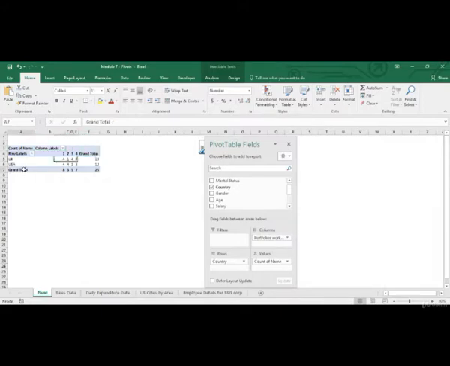Grand total, it's appearing twice, so it basically sums up all the values of the field which are being summarized. Then count of name over here. Because we are trying to count the number of employees across regions and portfolios they worked on, we drag the name field in the value section. So count of name over here suggests that we are counting the number of names.